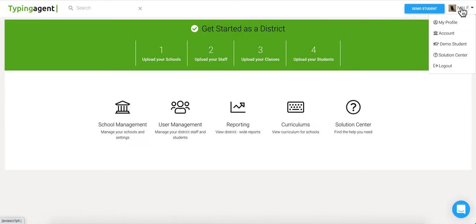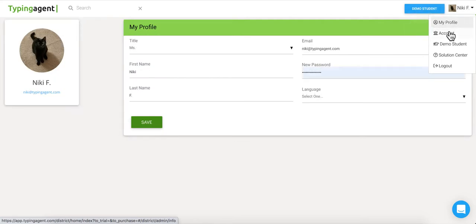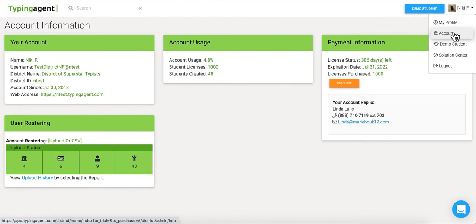Now, over here you've got your name. You might notice that it's a drop-down menu and a list of options that you can access. So under My Profile, this is where you can change your username, title, password, and the language your interface appears in. Under Account, you can easily view your license account usage, your expiration date, your point of contact for renewal,